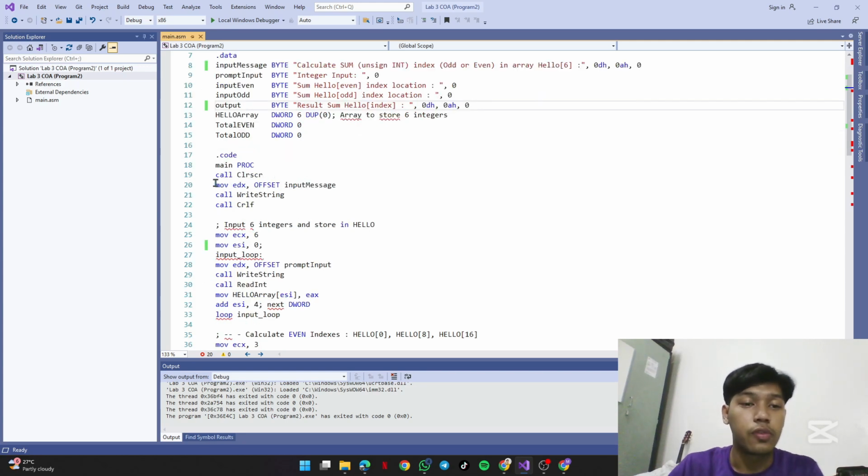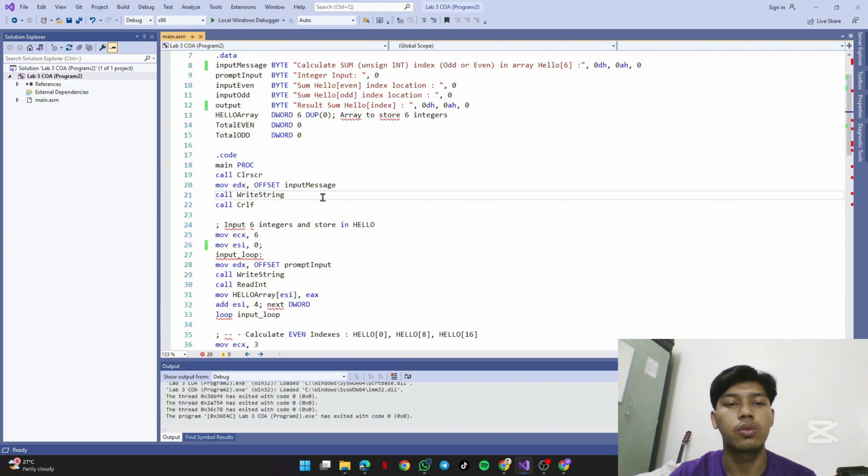For line 19, we use the library clear screen. This is where we clear everything on our screen. And then for lines 20 and 21, this is where we want to display our message, or our string. So we